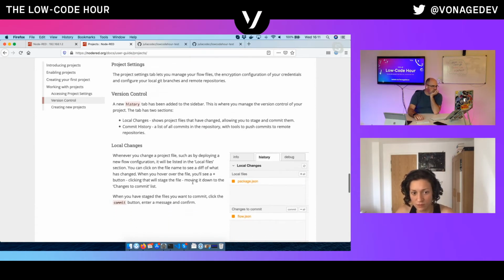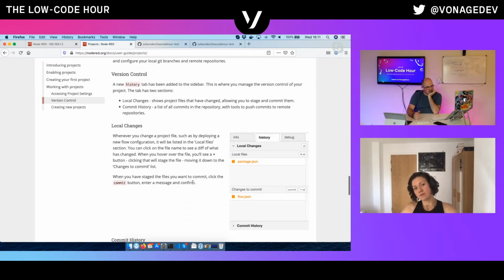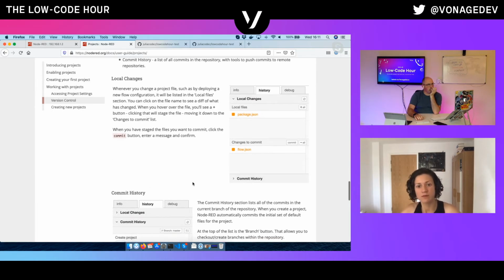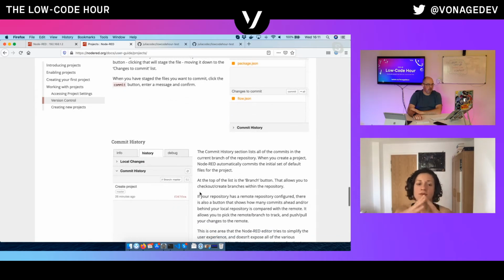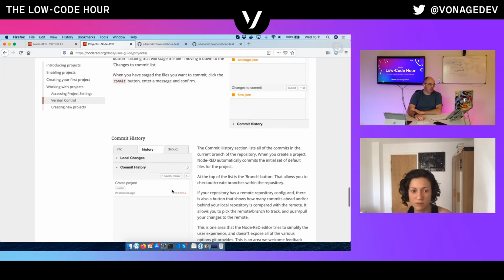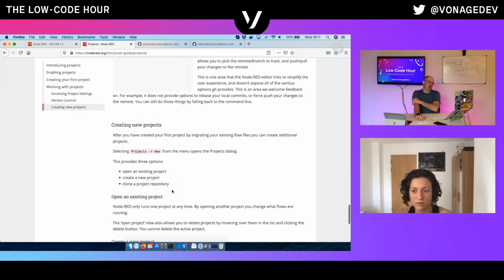There is version control. Version control shows us what's been changed where. It doesn't allow us to actually mark a version, but we can put that in our commit name. We can commit it with a tag. We can obviously use multiple branches. So there's a lot of stuff in here that assumes you've got a reasonable working knowledge of